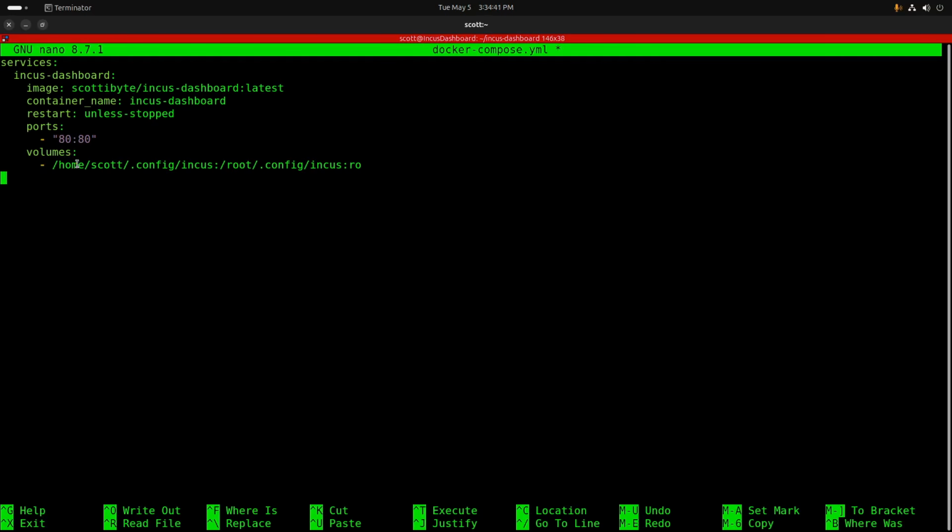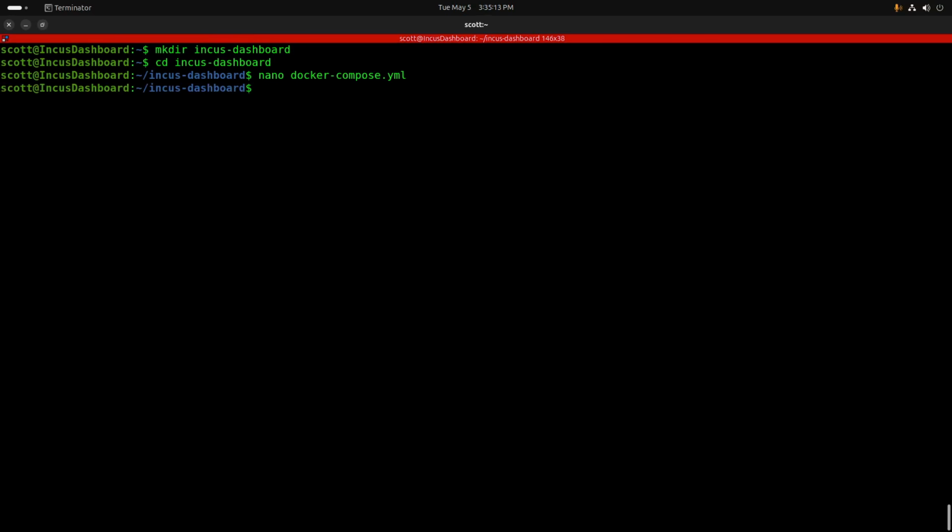And the reason is because all of the port numbers are available to us since we are inside of an Incus container. If you're executing this on another Docker host and port 80 is already used, change the port 80 to the left of the colon and make it a port number that you have available. The other thing you want to do here is you're going to want to change your username to whatever username that you created. Now I do a Control-O and Enter to write the file out, and a Control-X to exit